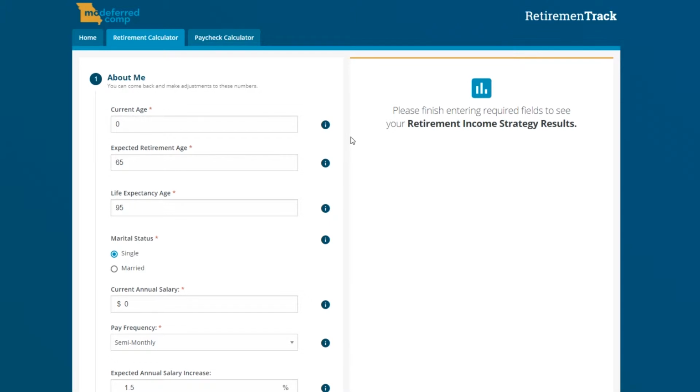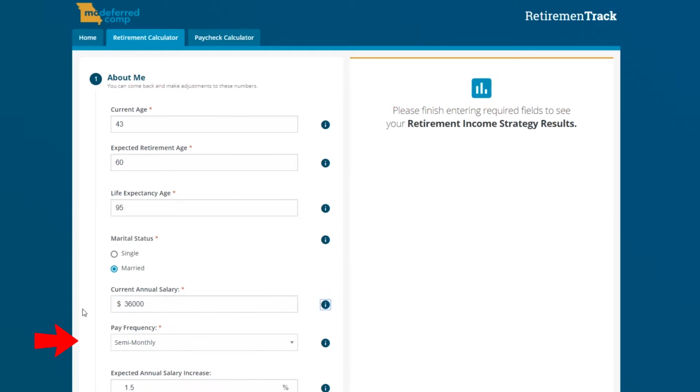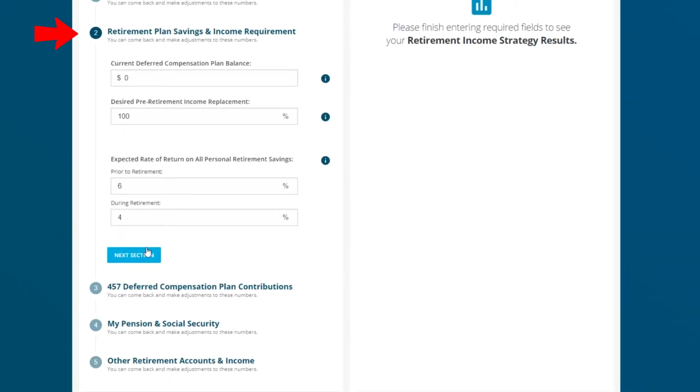So our example person, we'll call her Tammy, is 43 years old, expects to retire at age 60 and hopes to live until age 95. She's married, makes $36,000 each year, and gets paid semi-monthly, or twice a month. We'll leave the expected annual salary increases and assumed inflation rate the same as the default numbers. Once we're finished, we'll click the Next Section button and move to the Retirement Plan Savings and Income Replacement portion